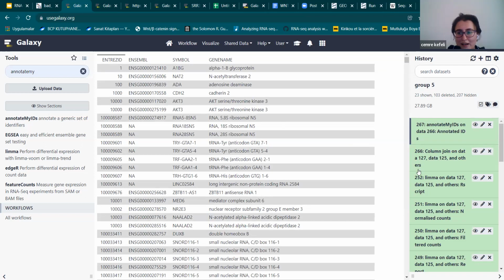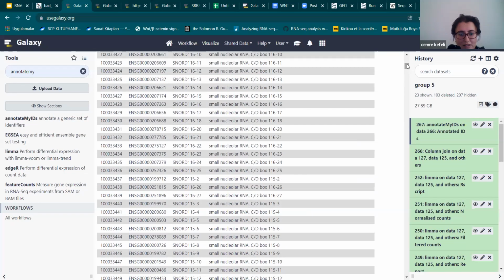Yeah, the output of this file, as you can see, we provide the interest, and now we have the ensemble equivalent of this, and the symbol, and the gene name of this, and you can see some of them don't have ensemble IDs. Yeah, we can annotate this. A comment? Yes. Baresh knows everything, so he can answer that. But